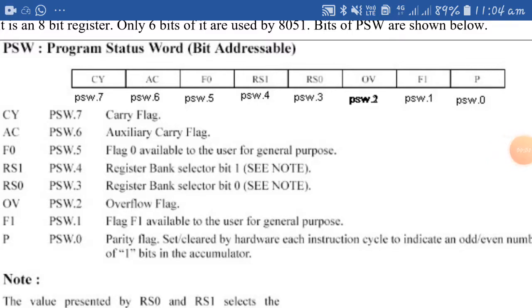Going to set as a result of arithmetic operations like addition, subtraction, multiplication or division.